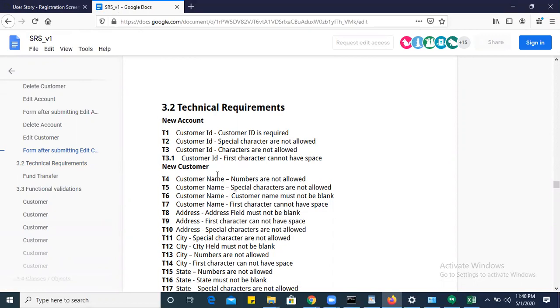For the customer name field: numbers are not allowed, special characters are not allowed, it must not be blank, which means it's a mandatory field, and the first character cannot be a space. So these four requirements are only for the customer name field, right?